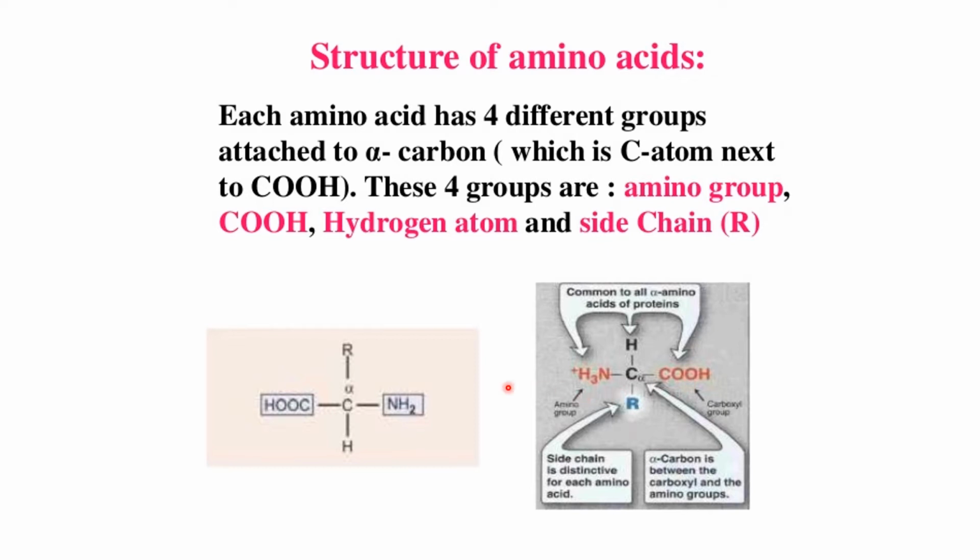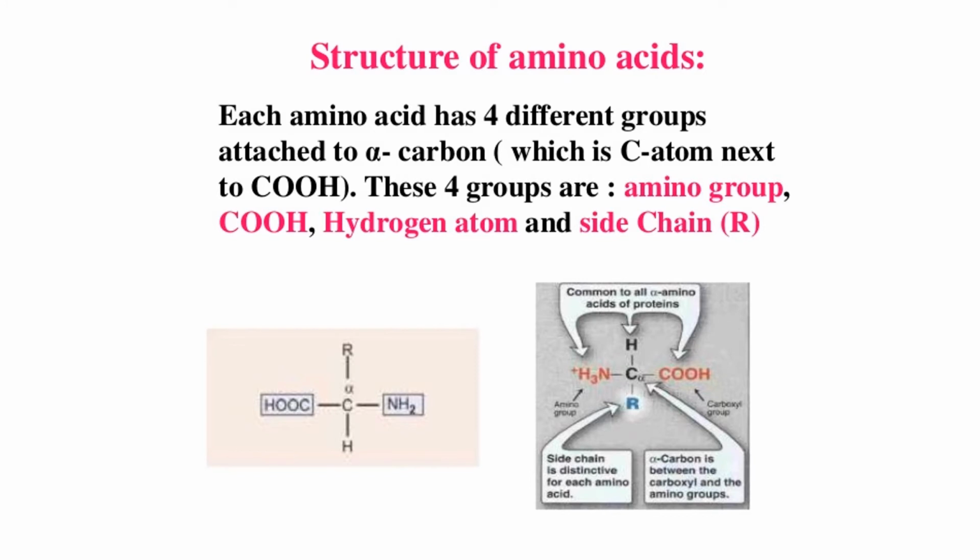That is the structure of an amino acid. It's very simple. There is the alpha carbon, linked to 4 groups. Amongst all the 4 groups, 3 groups are constant. One R side chain remains, and it differs according to the amino acid. Since it differs, there are 21 amino acids present. So the difference in the amino acids is because of this R group.